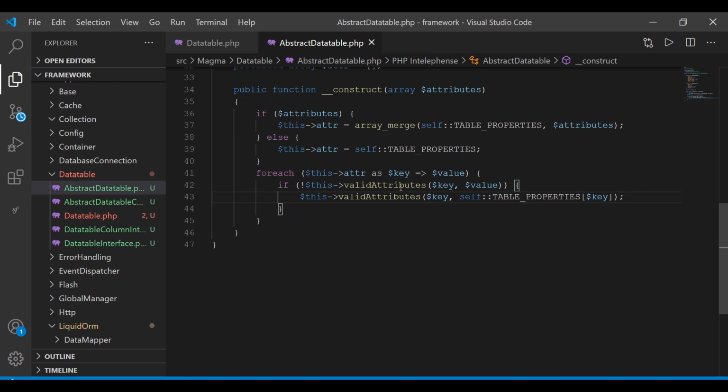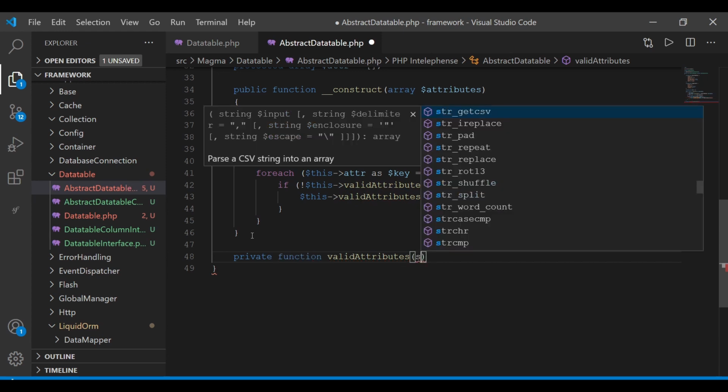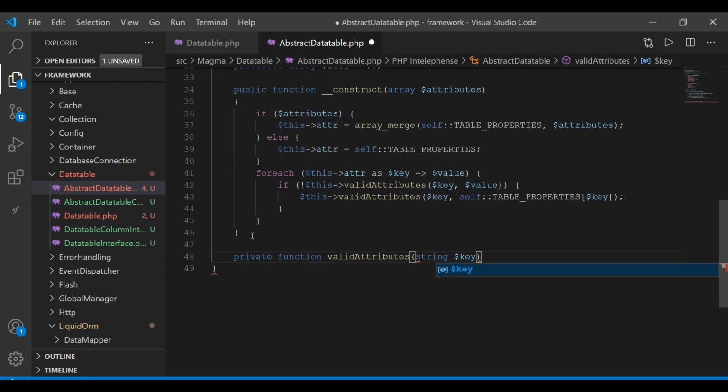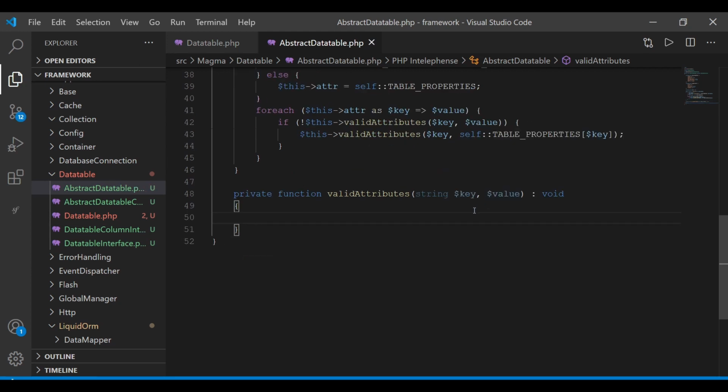Now we're going to create this method, copy it to be a private function, paste it, and this first argument is going to be a string. The second argument is going to be a value because it's of a mixed data type, right? And that's just going to return, well, it's going to be void because it won't return anything. We're just sort of checking that we've got the right data type, and if not, we're going to be throwing exceptions. So the first exception I'm going to throw is if the key is empty,